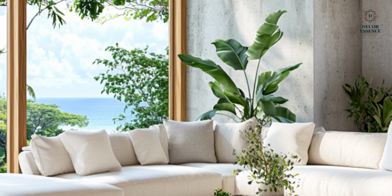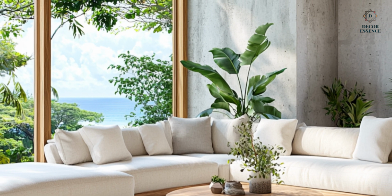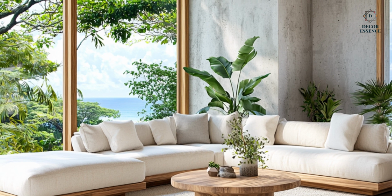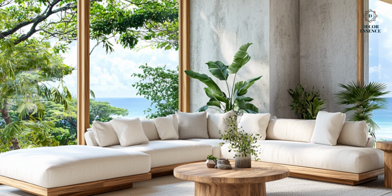The use of neutral colors, clean lines, and high-quality materials, such as polished concrete, wood, and stone, ensures that the interior feels both luxurious and inviting. The design embraces simplicity, allowing the natural beauty of the materials